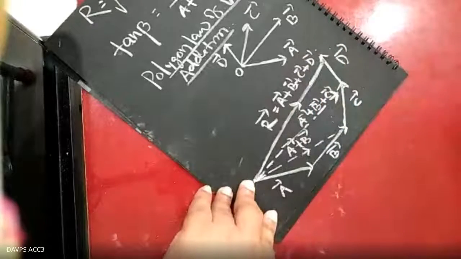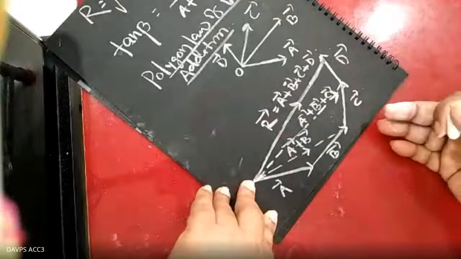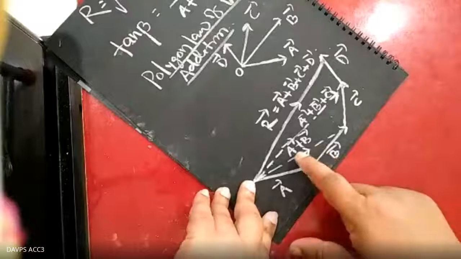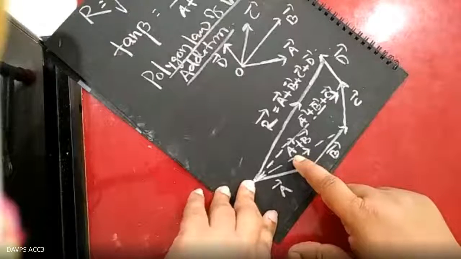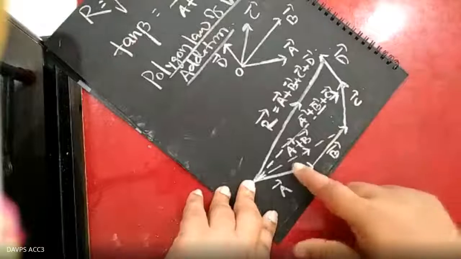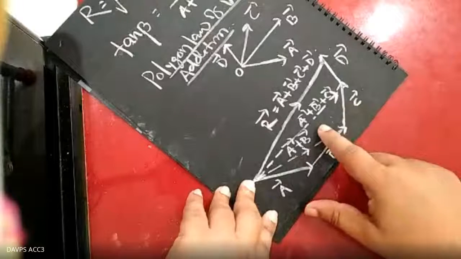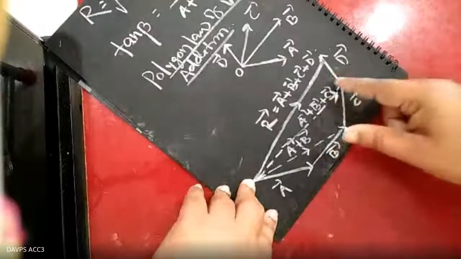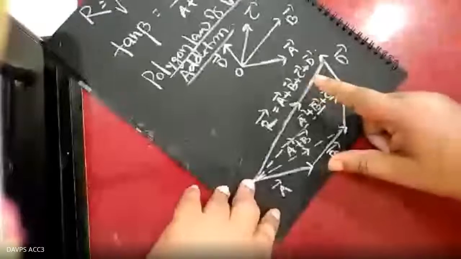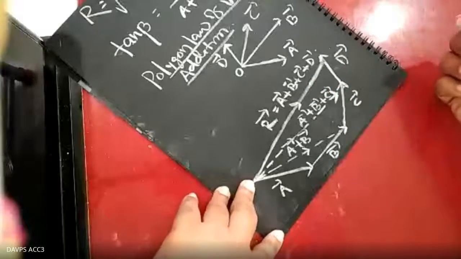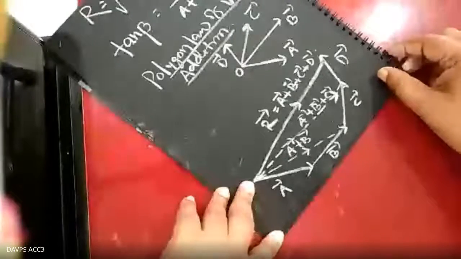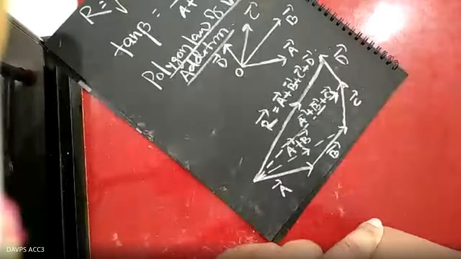So in this manner, if you follow the analytical method, how is it? Now you take A and B, find the resultant by applying R square equal to A square plus B square plus 2AB cos theta. Again, A plus B and C, you apply the triangle law. Again, A plus B plus C and D, apply the triangle law, and you will find the result, that is A vector plus B vector plus C vector plus D vector. In this manner, you will be calculating the resultant in magnitude and direction.